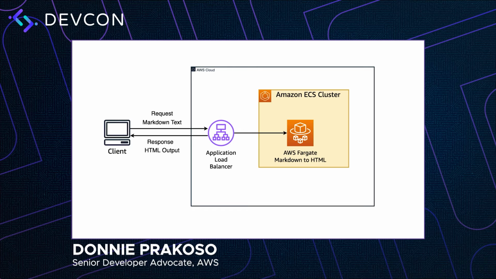In this demo, we'd like to show you the capabilities of AWS Copilot to deploy your application. Just a quick overview of the kind of application that we're going to deploy today. The application is a simple application to return HTML based on the markdown text that we pass as input. So the application will convert the markdown text into HTML using the HTTP POST method, and we can use the output.